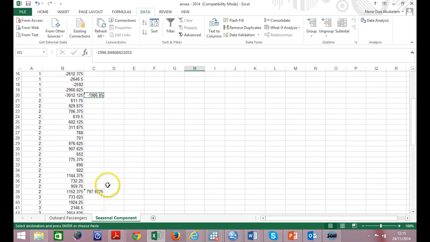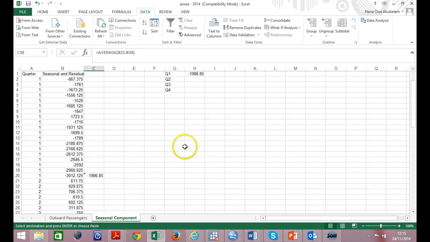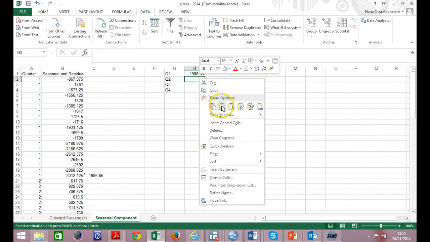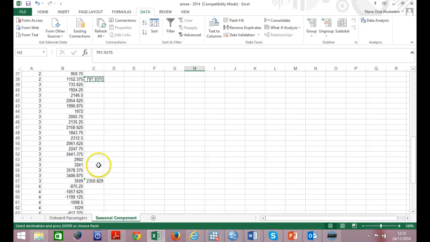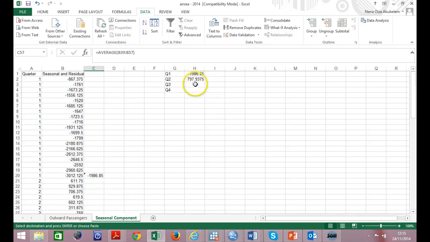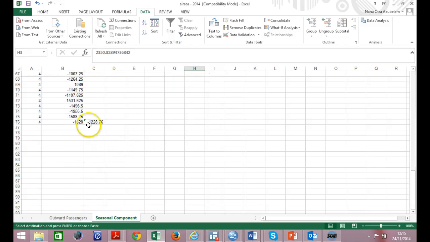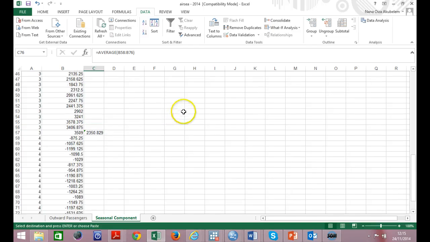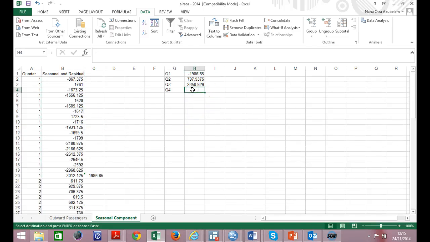Okay, so you do the same thing for quarter 2: Ctrl C, right click and paste values. Click here, Ctrl C, right click and paste values. And the very bottom, Ctrl C, right click and paste values. So what's the sum now? 66. So that's together: sum equals to sum, open the bracket,